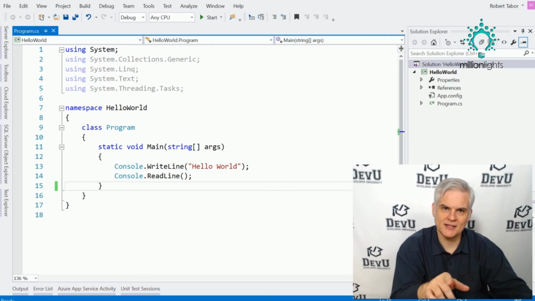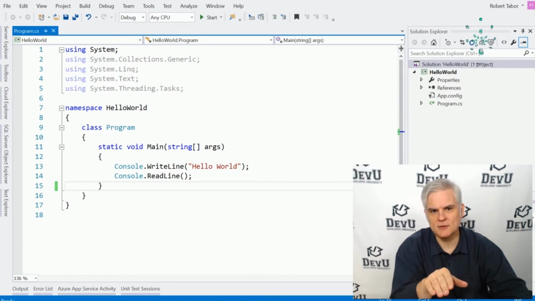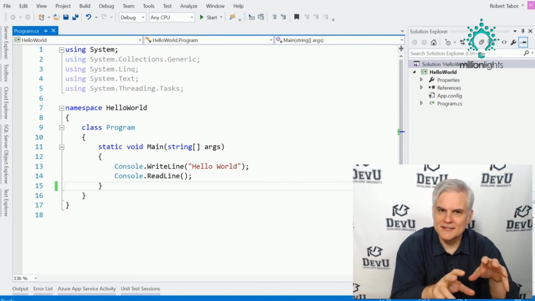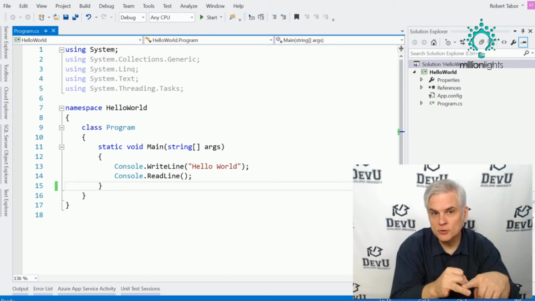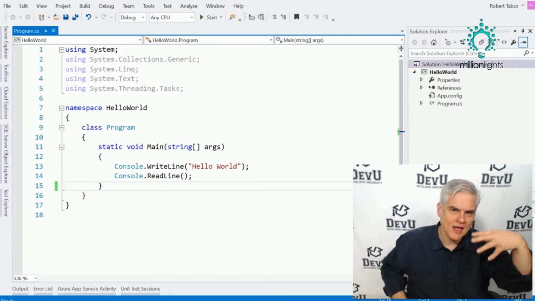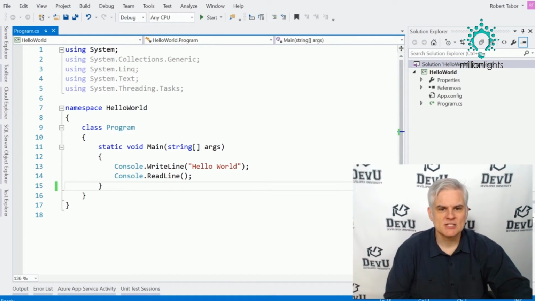Whenever we choose File, New Project, and we see the New Project dialog, and we choose a project template, they provide a great starting point for the type of application that we want to build. It includes files with boilerplate code, important settings, and other resources that we might need whenever we're building that type of application. So as you can see, we're working inside of this file in the main area, and there's a